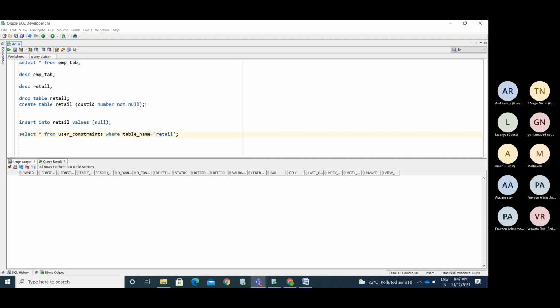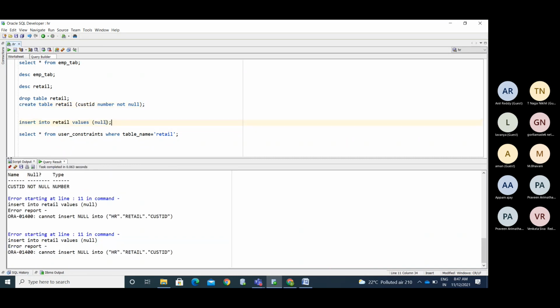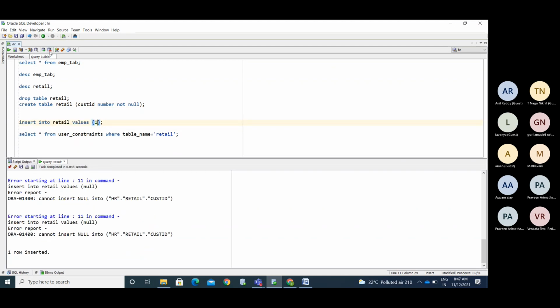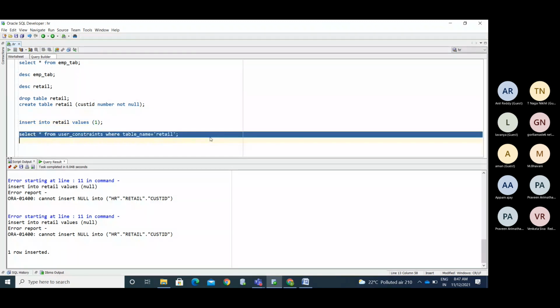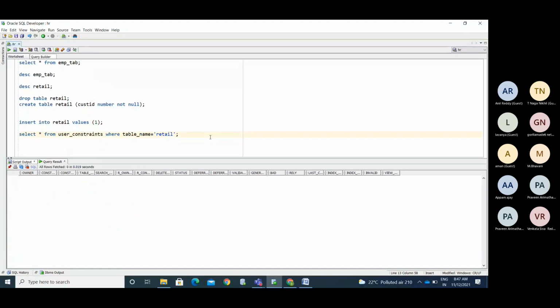I created the table, right? Retail_cust_retail. Now I am inserting the values. It is giving the error. Now I am going to insert other values. It is allowing the value. Okay, meaning the table is present here. So while retrieving data from the data dictionary, if my table has constraints, the table must and should be present in this table. But I am not getting the data here.